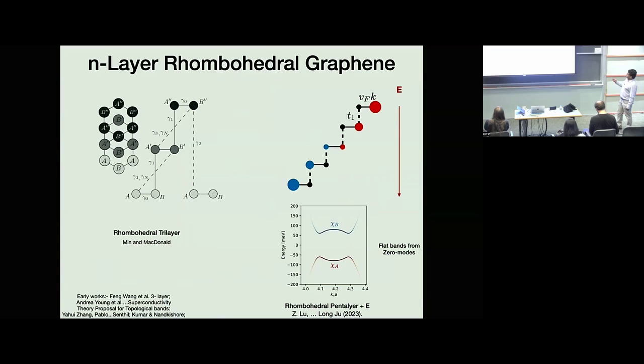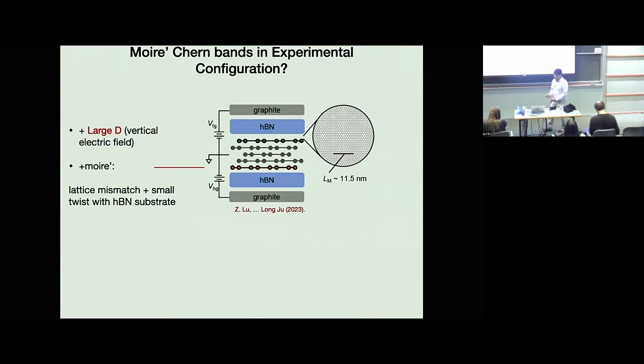This is kind of a hybrid representation where k_x and k_y are suppressed. They're like a parameter, and this is the z-axis stacking. So the low energy states are these zero modes on either end, and in the experiments, what is done is you take five layers of this and put on an electric field. So these zero modes get split. They have opposite potentials applied, and you get these rather flat-looking dispersing modes on either side of this graphene sheet. So that's really what we'll start with, and this is really what the experiments are looking at. They're going to be partially filling this band over here, for example.